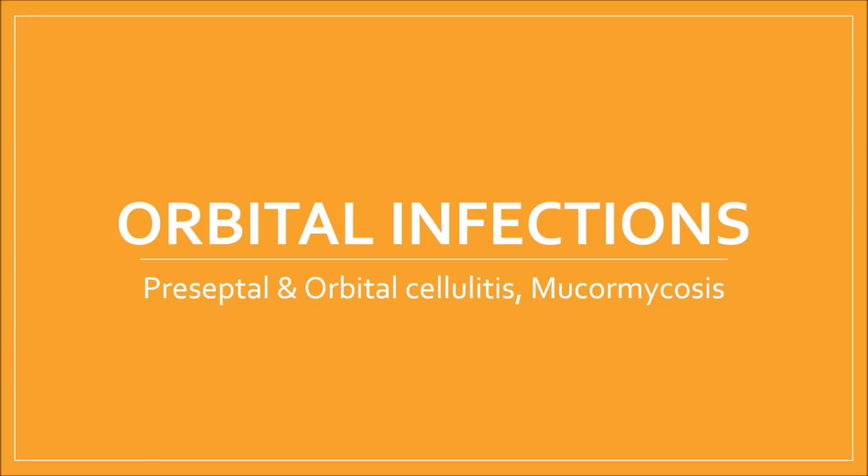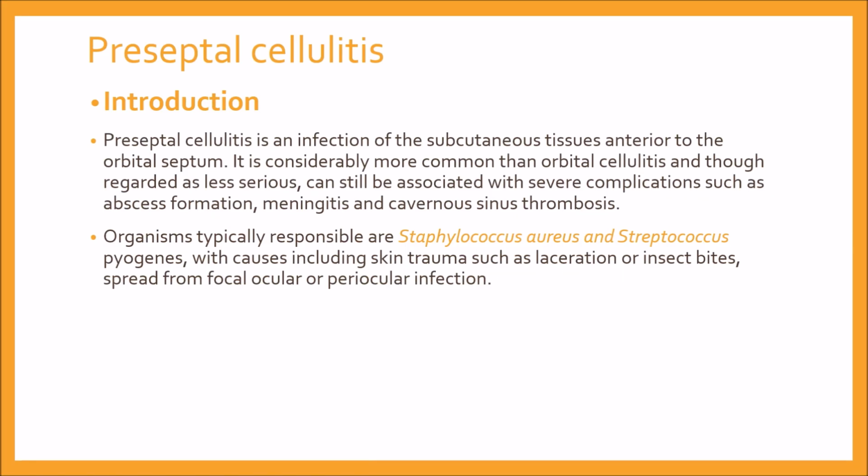The topic of this presentation is orbital infections, and we'll be discussing pre-septal and orbital cellulitis and rhino-orbital mucormycosis. Starting with pre-septal cellulitis, it is an infection of subcutaneous tissue anterior to the orbital septum. It is considerably more common than orbital cellulitis, and though regarded as less serious, can still be associated with severe